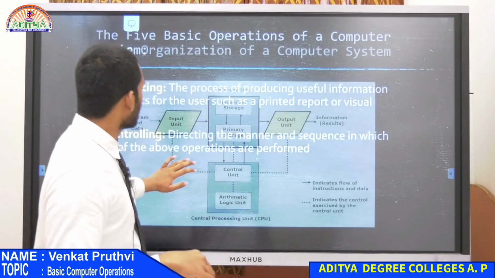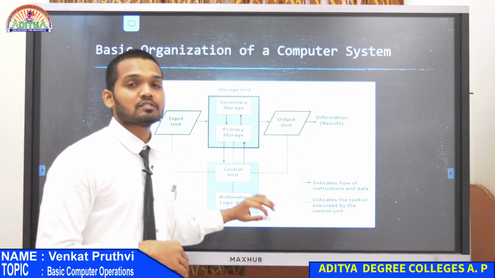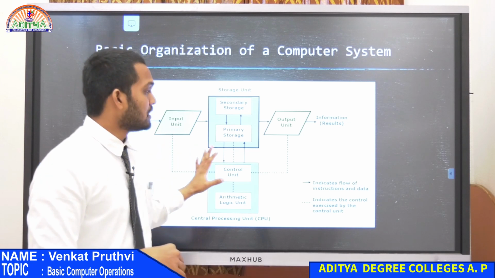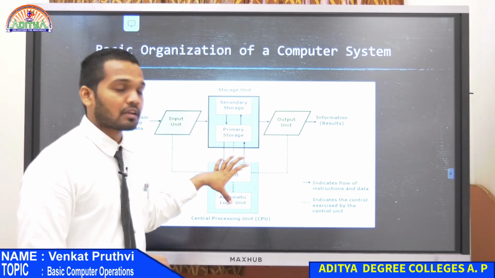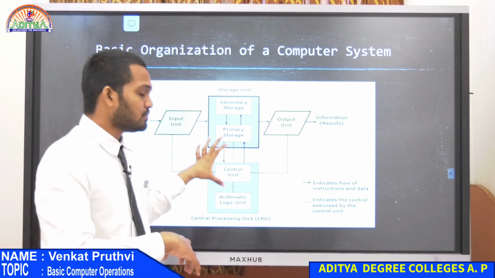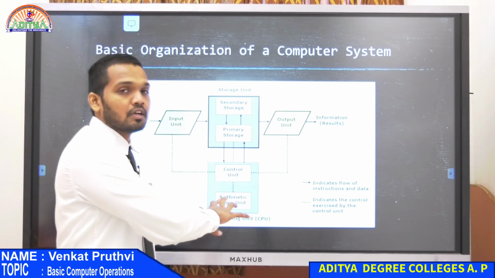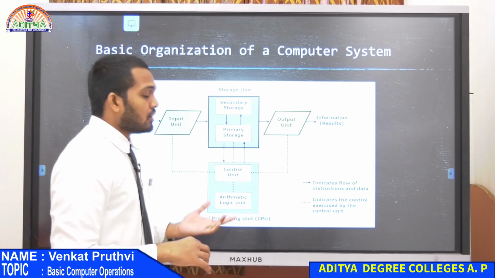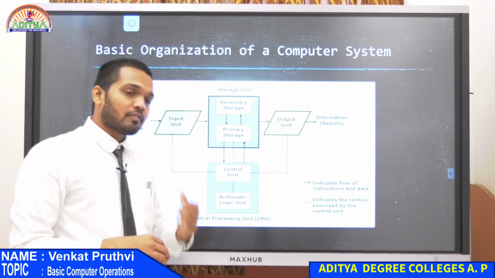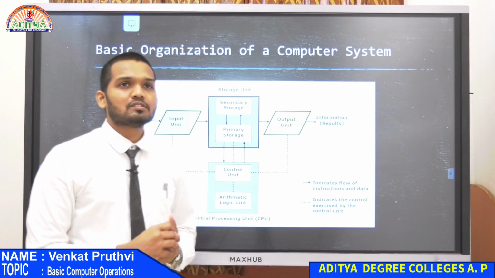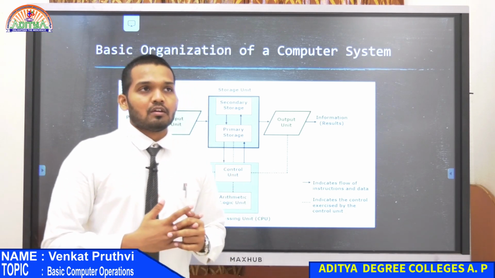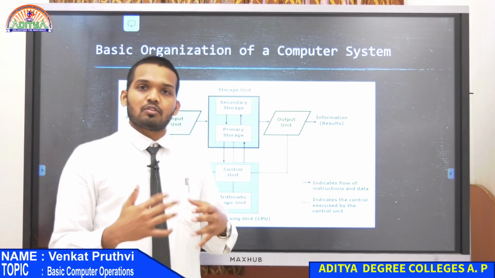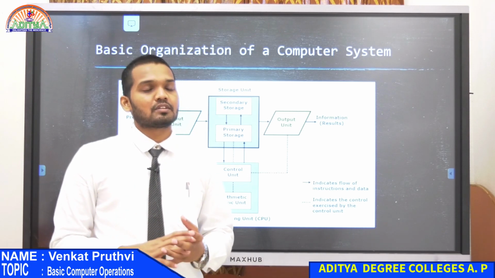Okay. And then yesterday, in the last session, I was trying to explain to you the basic organization diagram. This is how the CPU internally is connected to the other components. Generally, when we talk about CPU, everybody first thinks about a computer. Anybody these days knows how a computer or a laptop looks.